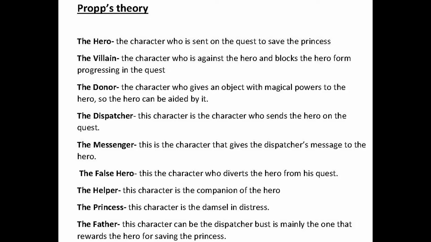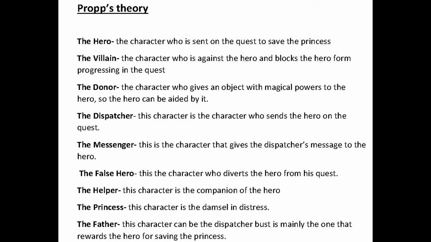The dispatcher is usually the person who sends the main character on the quest. In this case, the dispatcher in the Harry Potter films will be, you could say, Dumbledore. I mean, I think it's Dumbledore. It could be Dumbledore, or